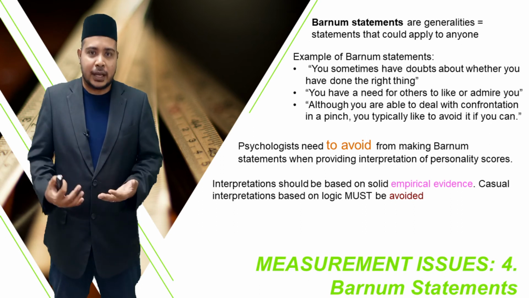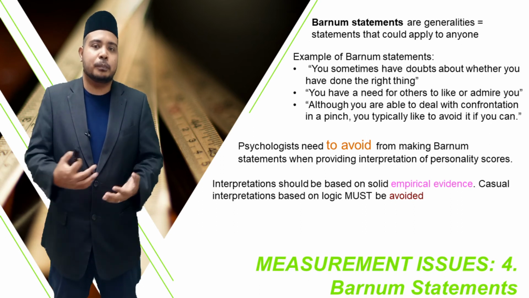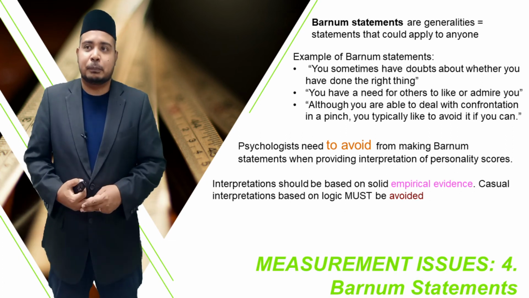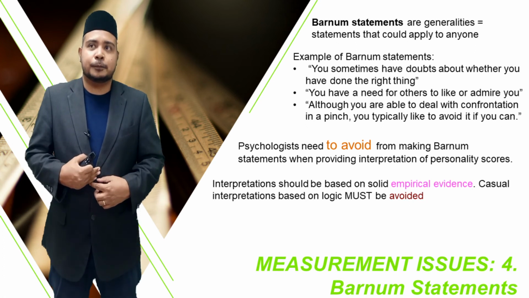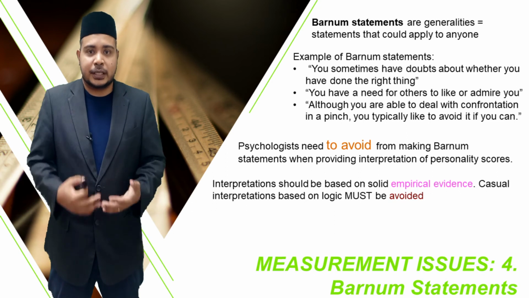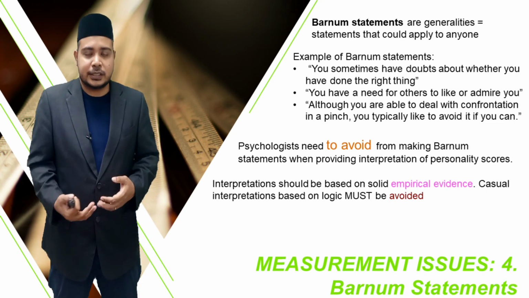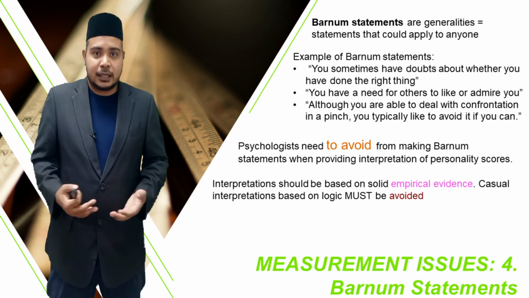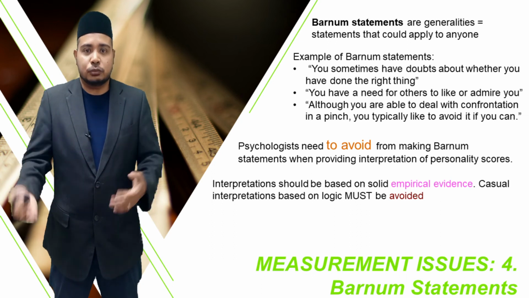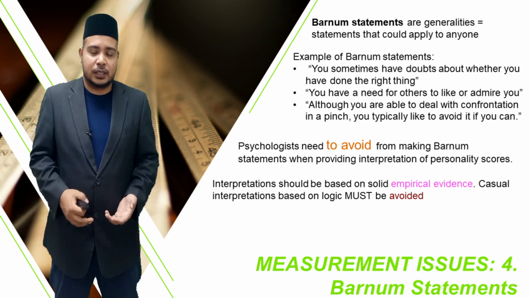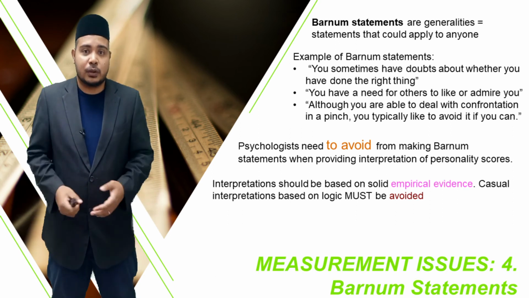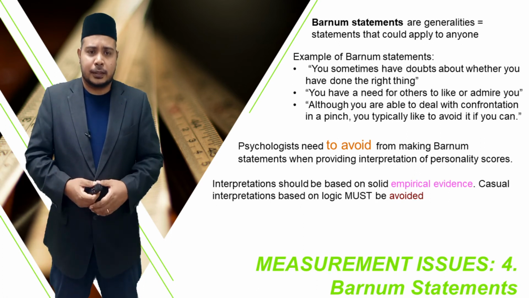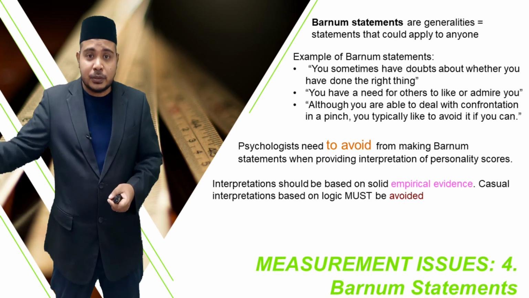People like pseudoscience. Okay, pseudopsychology, psychology not based on true psychology. People test their personality based on their blood type. People believe their personality is based on their birth order. Okay, they are the second child, the third child, the oldest child, for example. Or people believe personality is based on months, the months they were born. Okay, July, August, January, February. So these are all pseudoscience. Okay, pseudopsychology, a psychological perspective not based on real psychology, not based on science. So Barnum statements are also sometimes involved in those kinds of scenarios.